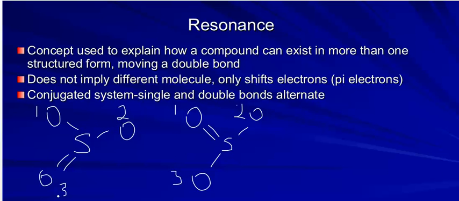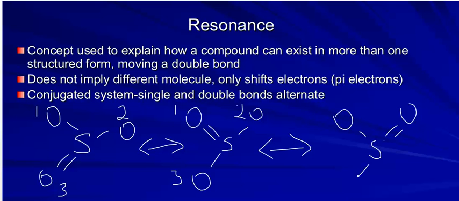And you'll see that basically the double bond has moved between oxygen 3 and the sulfur in the second structure; it's between oxygen 1 and sulfur. So the double bond has moved. That's a resonance structure. It's the same compound, simply moving that double bond to exhibit resonance. There's actually one more resonance structure I can draw here, and that is if I want to move the double bond between oxygen and sulfur number 2. That would give me my